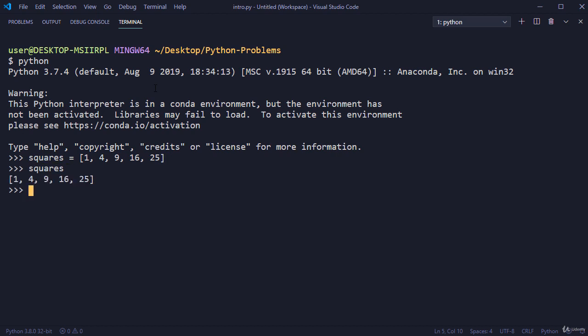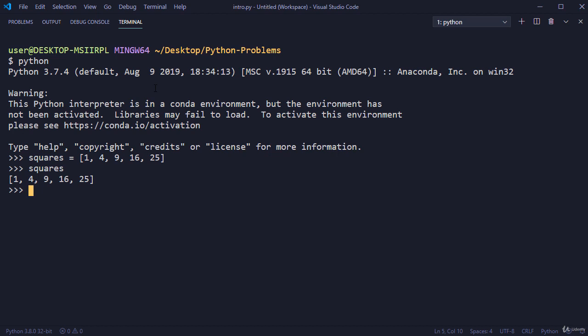Here we created a simple list of numbers called squares, and it has 5 items. The first item 1 has index 0. The second item 4 has index 1, and so on. And after we created this list directly, we wrote its name squares and pressed the enter button, and we got it inside the shell here. We got this list called squares with 5 items or 5 numbers from 1 to 25 inside its square brackets,